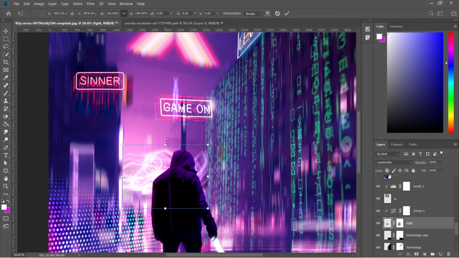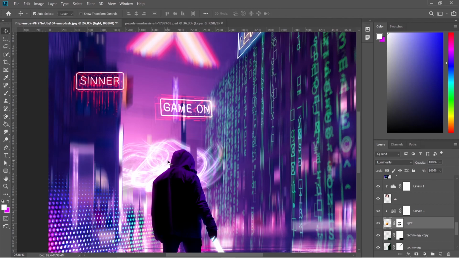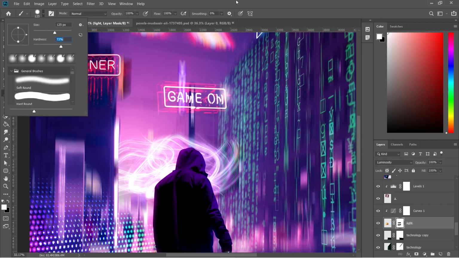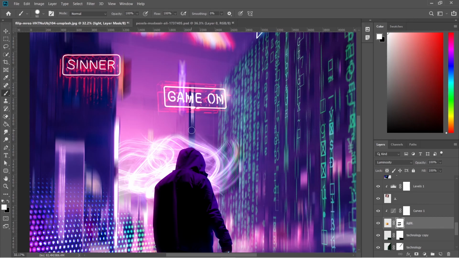I'll increase the size a bit more. Let's bring these pixels back. Let's clear the pixels from here. Now let's clear the pixels visible here too.